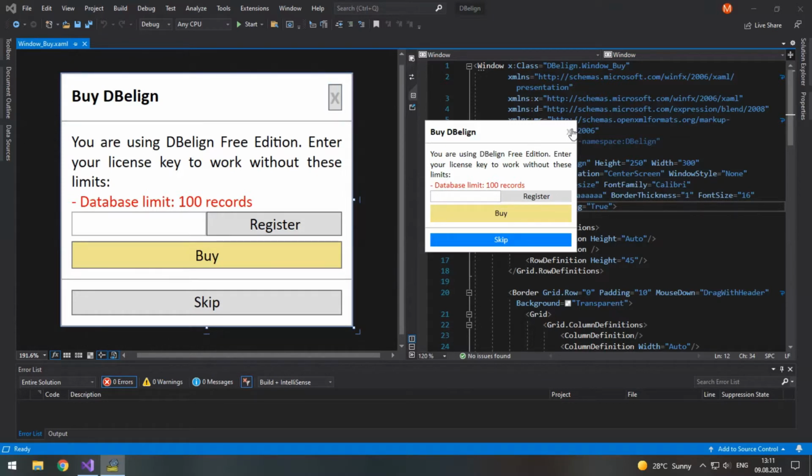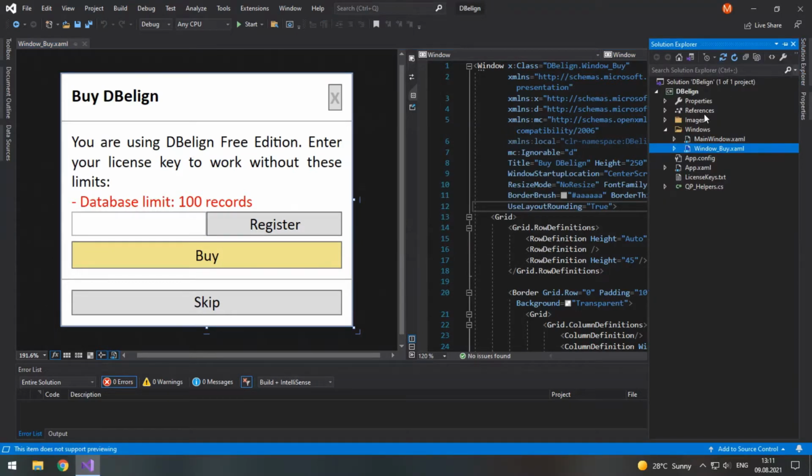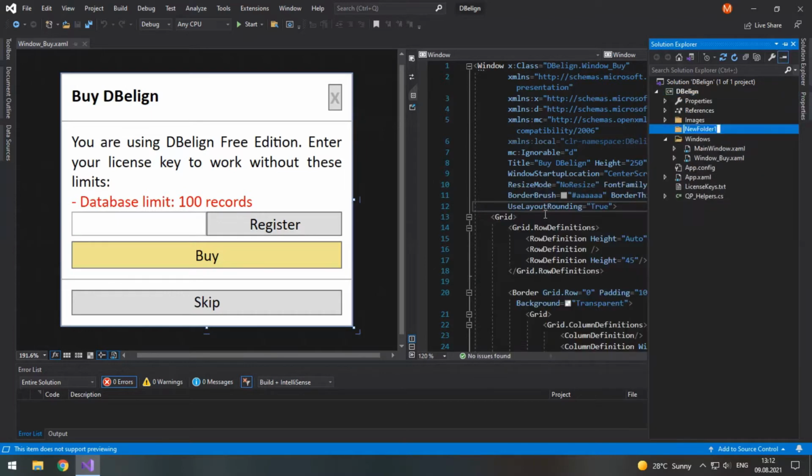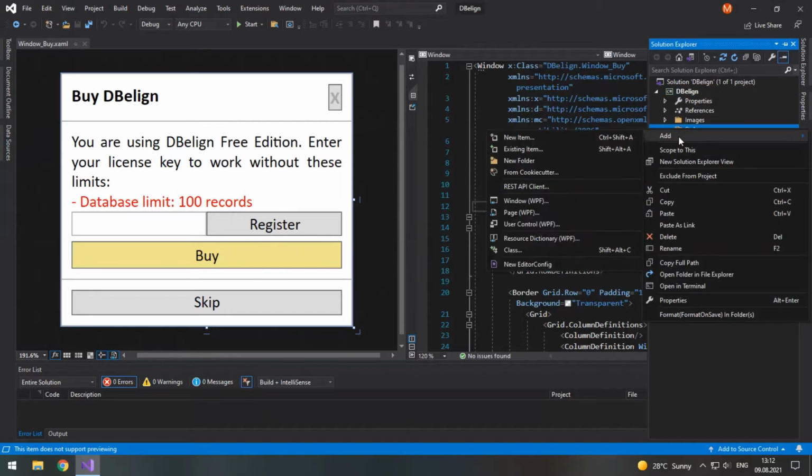So no border, no background, and lightening. Again, no border and lightening. No border and lightening, and no border and blue and lightening. So first of all, we will need to create a new folder for our styles that we will add later. So new folder, Styles. Then we are going to add a resource dictionary inside which our styles will be placed.